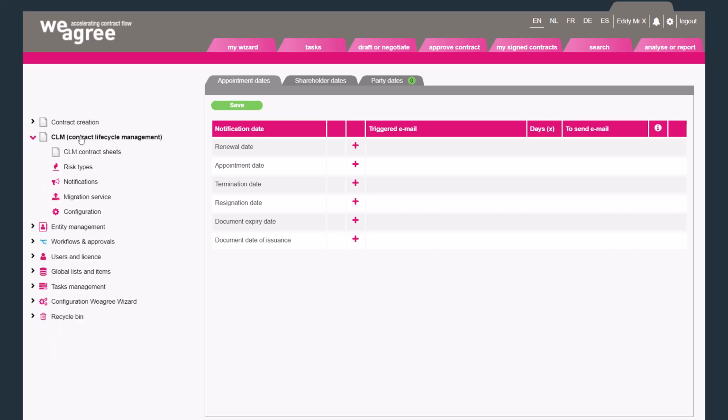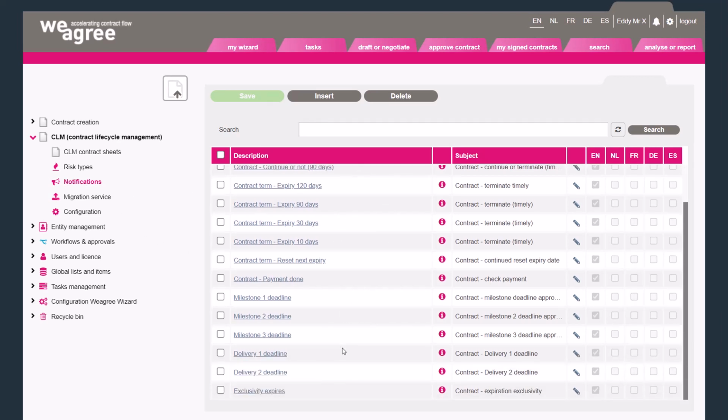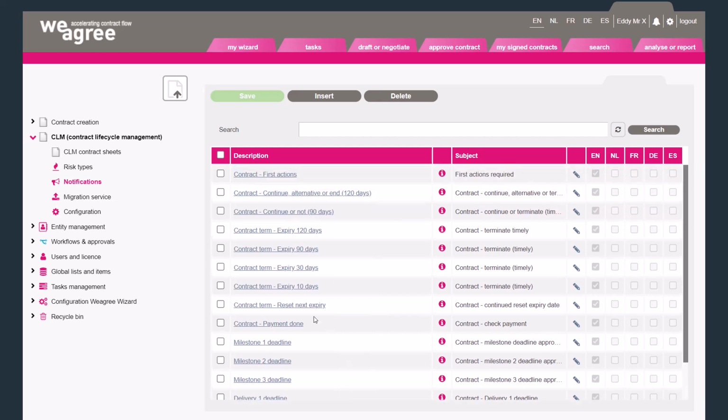For the contract lifecycle management, that's where we took the example where we started this training. You will see that the list here with notifications, standard texts relating to it, is actually the list that you just saw when I opened the drop down in the pop-up at the beginning. You might remember that there was the one about expiry of 120 days, and the text of it is over here. If you would like to make this more flexible, you would want to modify this text, and you probably also want to modify